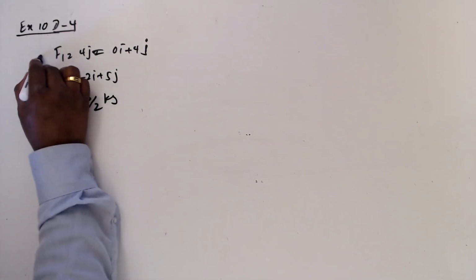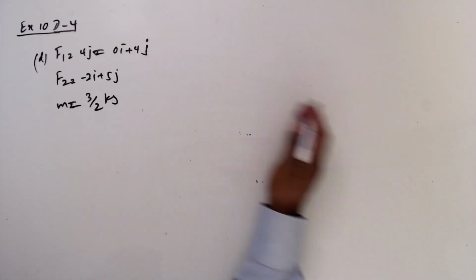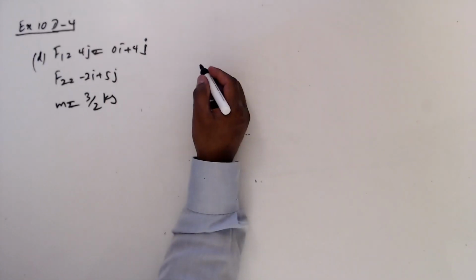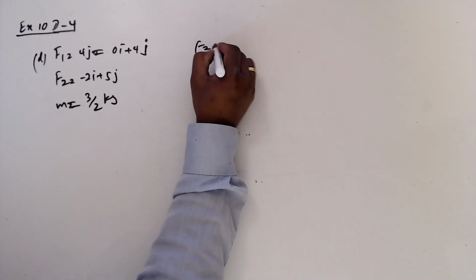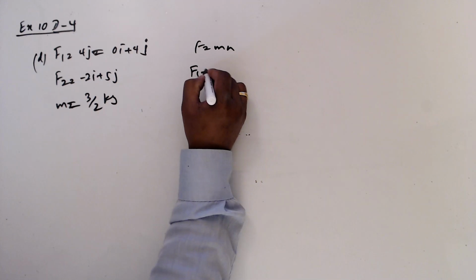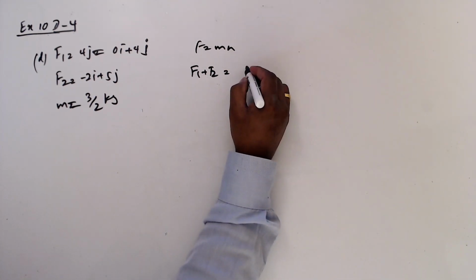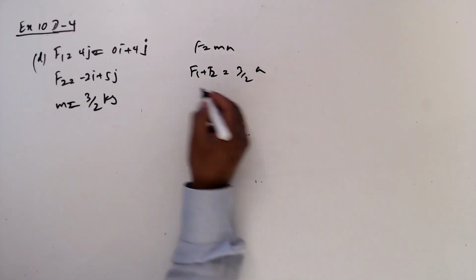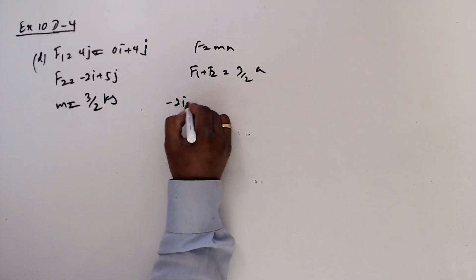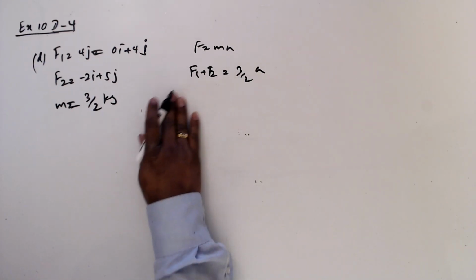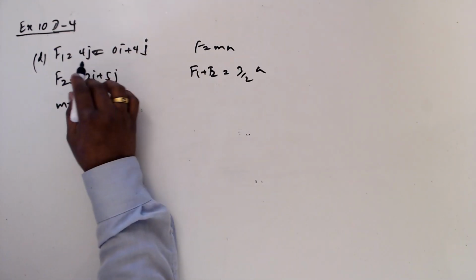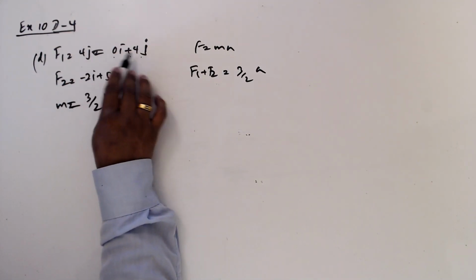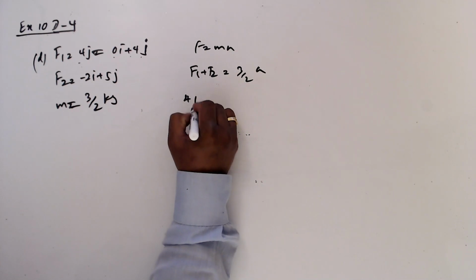Part D, this is given F equals ma, so F1 plus F2 equals m times 3 over 2 times a. F1 is, sorry, if we have a problem, you can write 0i plus 4j or just 4j. So 4j plus